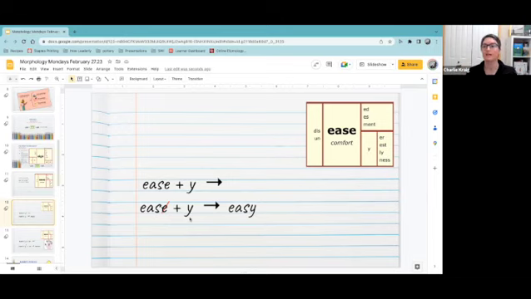But in this case, I'm telling you it's a marker, because if we look at the phoneme-grapheme correspondence, ease, I hear two sounds. I have the EA coming together, as we know it does, to make a long e sound. And then I have a z sound that is coming from an s. In fact, when we hear the phoneme z, it's almost always an s that is making that sound. So we've got an e on the end that does not appear to be doing a job when it comes to the phonology of the word.